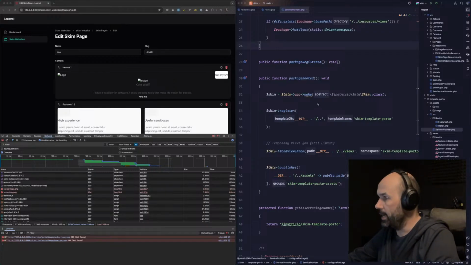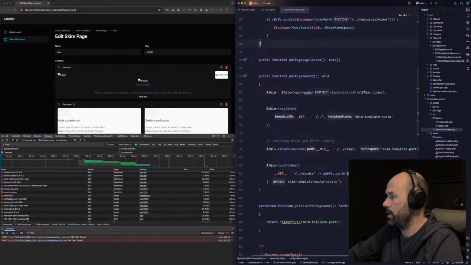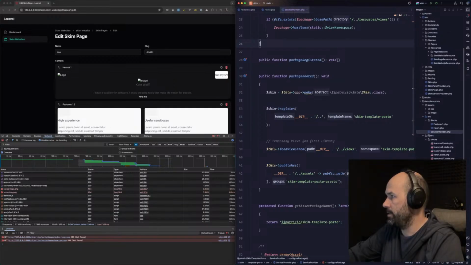I don't see any assets, so let us find on our scheme